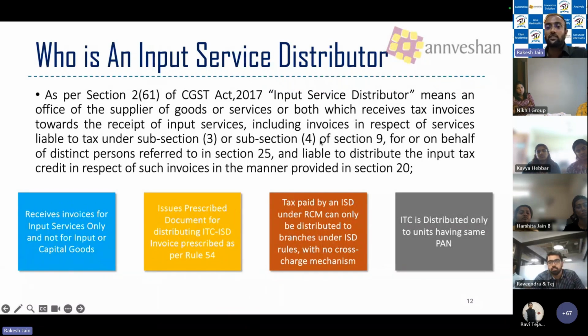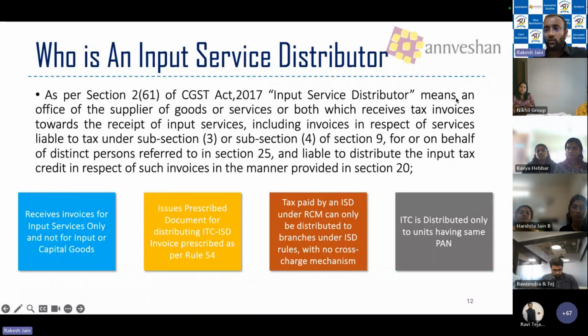This section 9, subsection 4 and subsection 3, deals with certain kinds of services which are covered under a reverse charge mechanism for or on behalf of the distinct person. Distinct person means the branch offices, the persons who are registered under the same PAN, as referred to in section 25, and liable to distribute the input tax credit in respect of such invoices in the manner provided in section